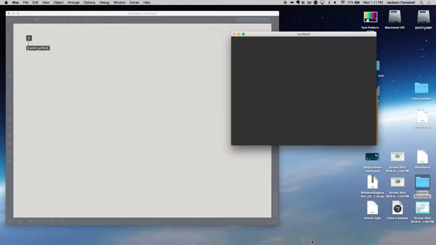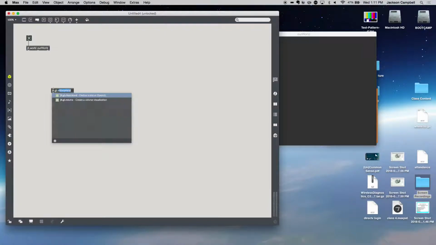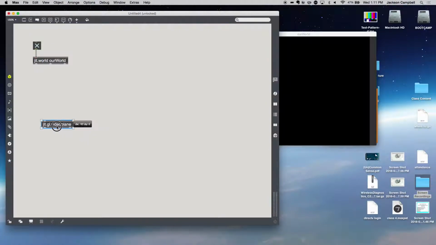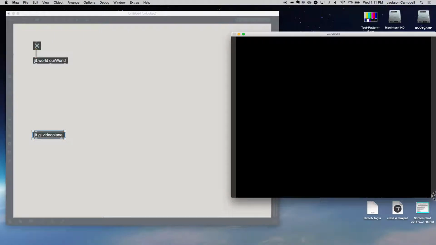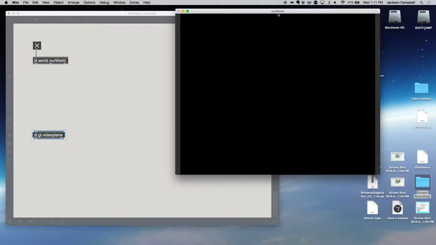Now we need jit. We're going to start with videos, and we're going to look at video mixing first. So let's start with some jit.gl.video planes. Here, I'll zoom in a little bit so my objects are bigger. As soon as you put a jit.gl.video plane, it puts it here in the jit.world. You can see it's black because there's nothing on it right now. It doesn't have a texture, so it ends up being black, but you can see it in front of the